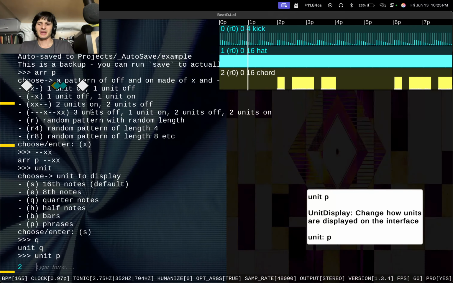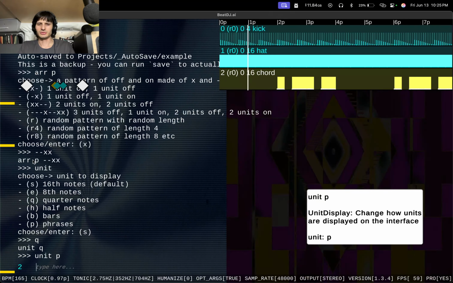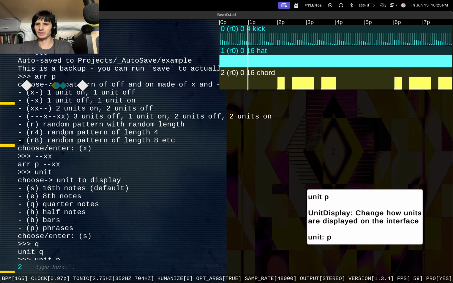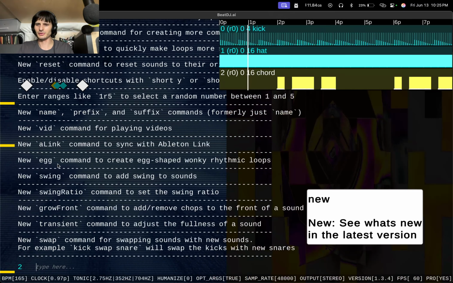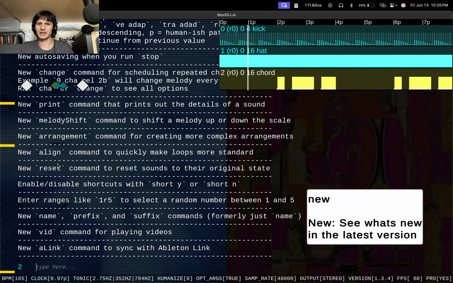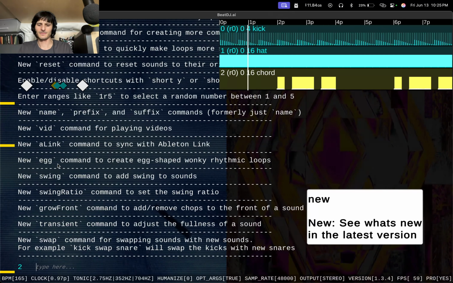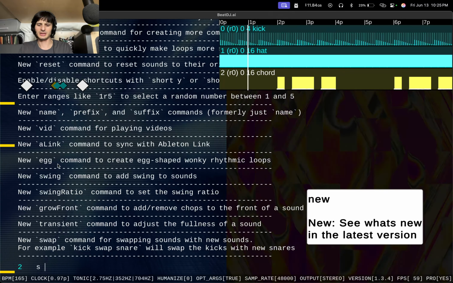And with the arrangement command, it's very new. I think I'm going to make a couple tiny tweaks to it, but it's basically going to work like that. So what else is new? We have the align command. So this is handy because